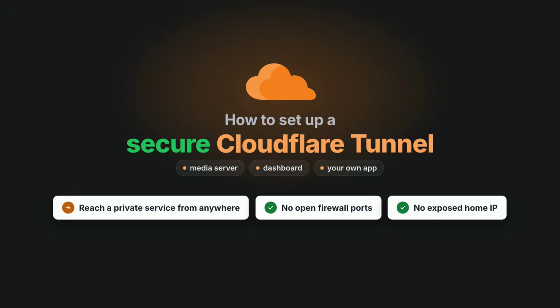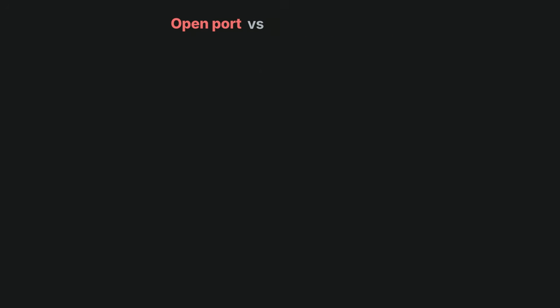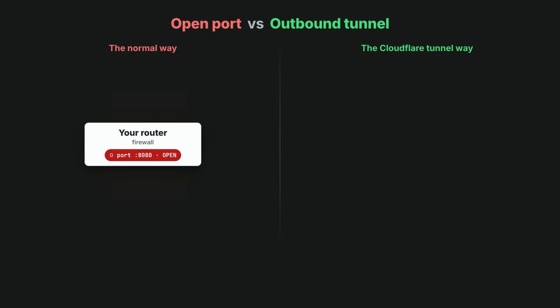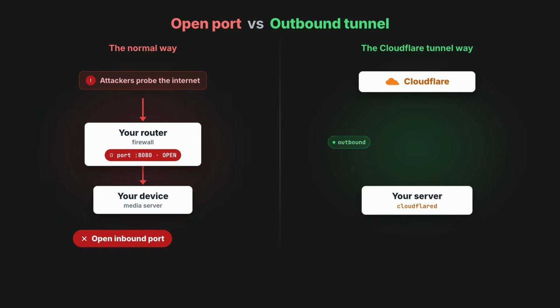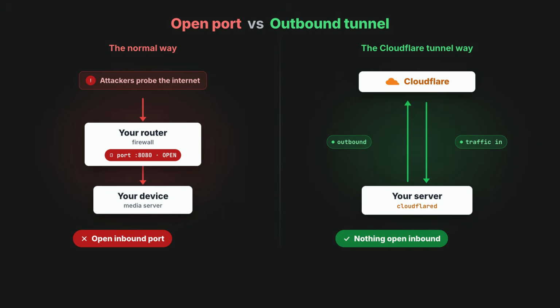Let's dive right in. Quick refresher on what's actually happening here. Normally, making something reachable from outside your network means opening a port on your router and pointing it at your device, which also opens up a door that attackers can try to walk through. A Cloudflare tunnel flips that around. Instead of opening anything inbound, a small piece of software on your server reaches out to Cloudflare and keeps that connection open, so traffic can flow in through that same outbound channel, and there's nothing sitting open on your network